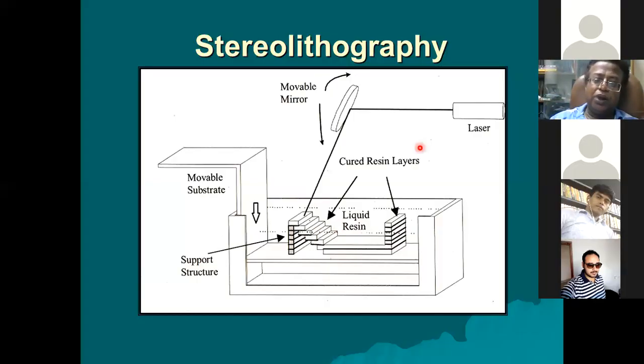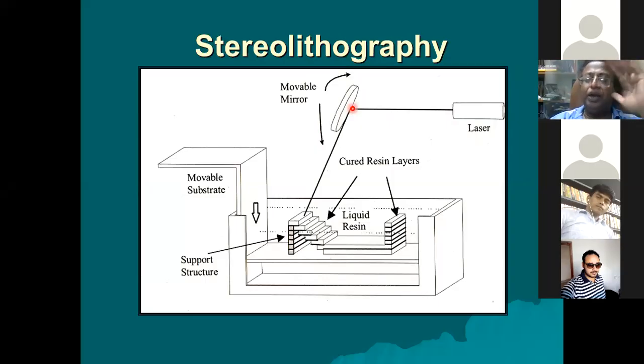Then the laser will come from the top. There is a laser source and a movable mirror, also known as a galvanomirror. This galvanomirror is a numerically controlled mirror.